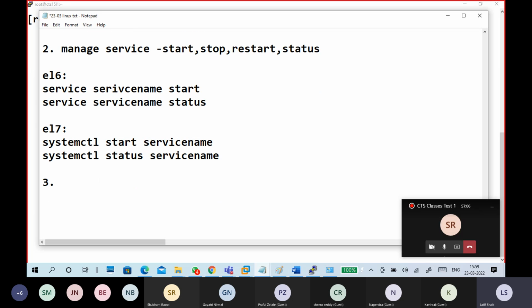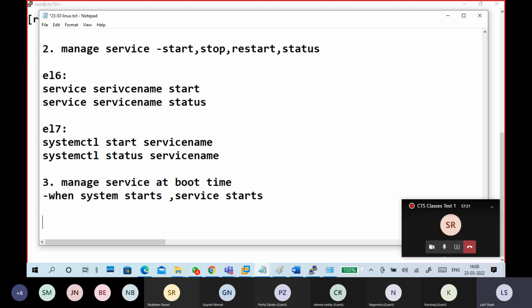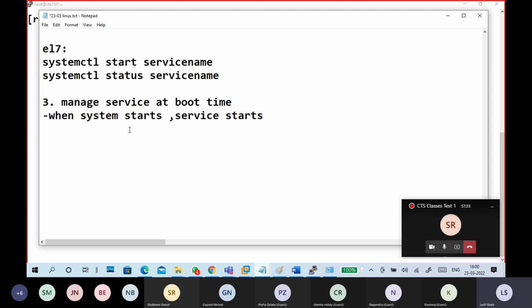Next, third step. This is also managing services. This is also manage services at boot time. Means when you start a system, automatically service will start. When system starts, service starts. So here it is.